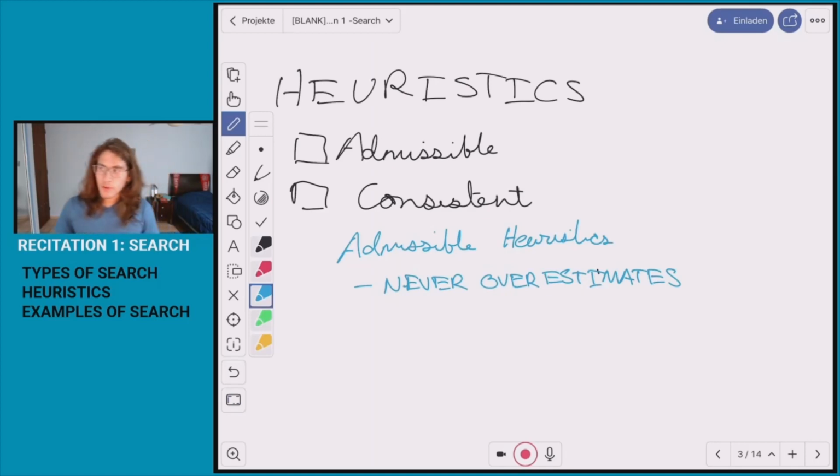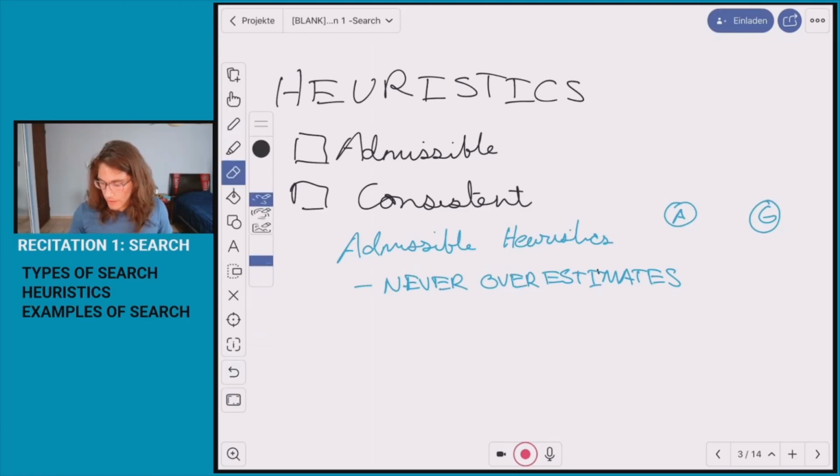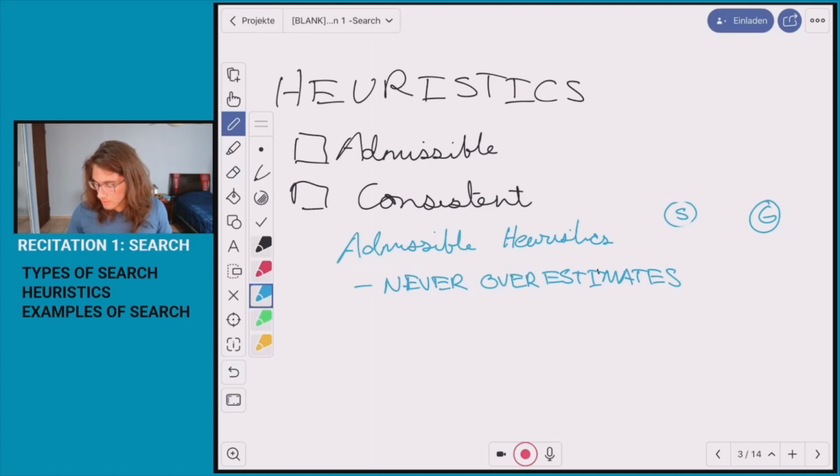That means that the heuristic value, let's say I'm thinking of going from node S to node G. Let's say this path is 10. The length of the path is 10, but the heuristic value at S is 9. This is an admissible heuristic because the heuristic does not overestimate the length of the shortest path, assuming 10 is the shortest path. And the way we write it a little bit more formally is,